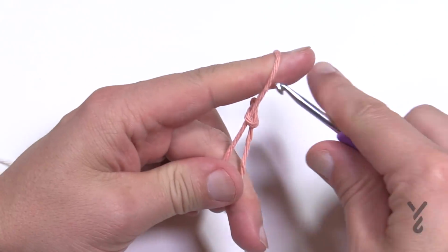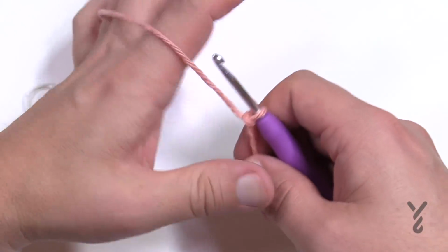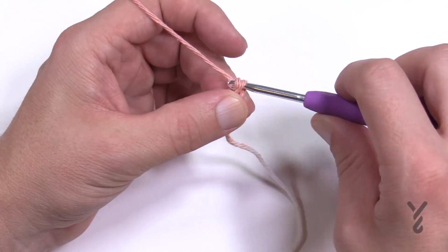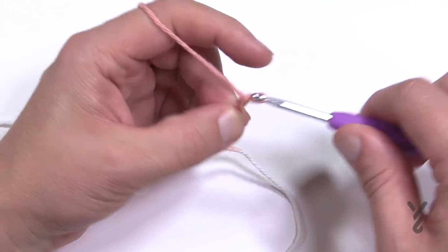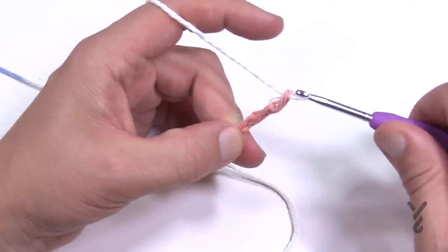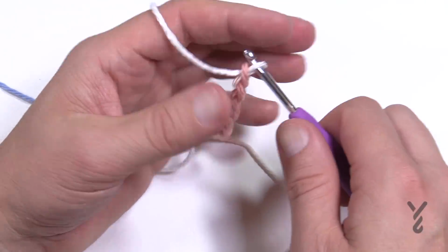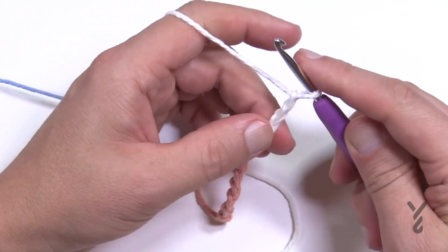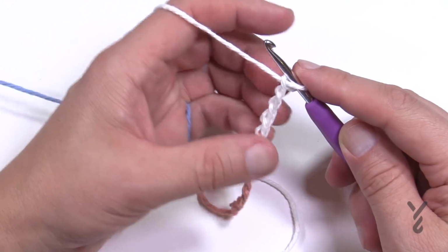So we're gonna just start off with a slip knot, and you need to chain a total of 100. Of course I'm not gonna do 100 with you because I don't need to. So just chaining 100. So 1, 2, 3, 4, 5, 6, 7, 8, 9, and 10. So you're gonna go all the way to 100 and just put me on hold here, and then I'll show